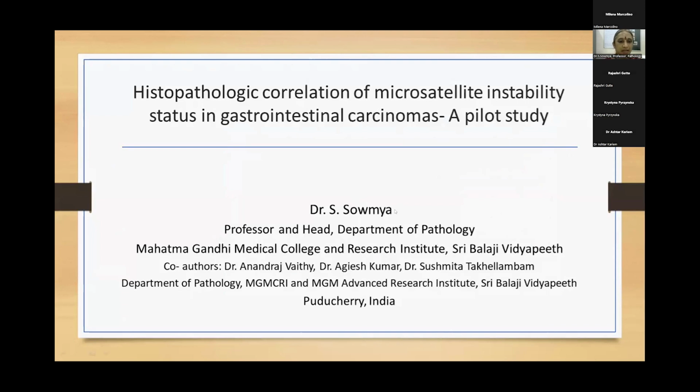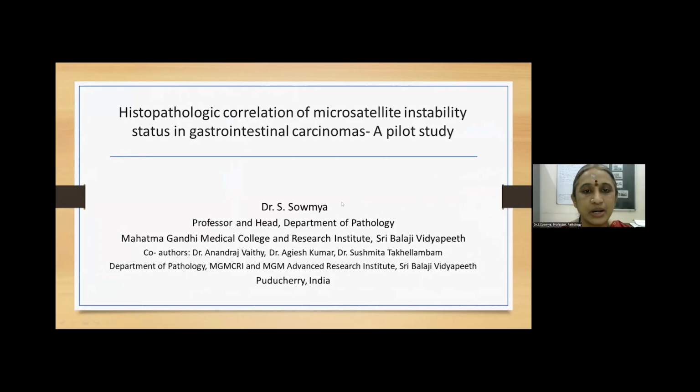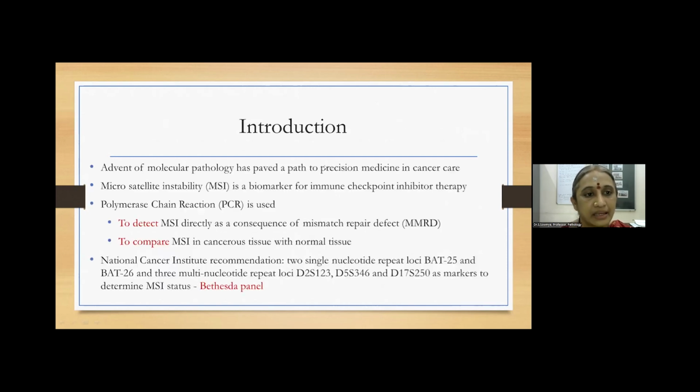I am Dr. Soumya. I am a professor and head of the Department of Pathology from Mahatma Gandhi Medical College and Research Institute, Sri Balaji Vidyapeeth, Puducherry, from India. I am presenting our study on the histopathology correlation of microsatellite instability status in gastrointestinal carcinomas, and it was a pilot study. To start with, the advent of molecular pathology has paved the path to precision medicine in cancer care,